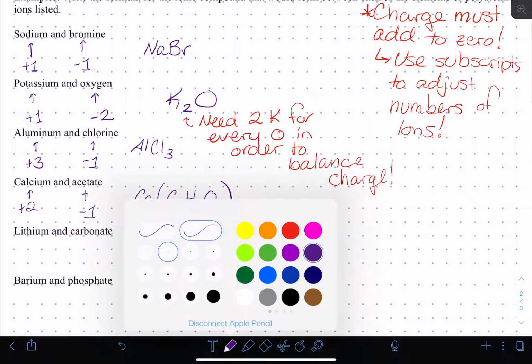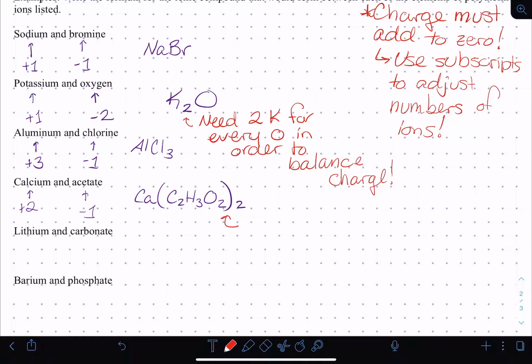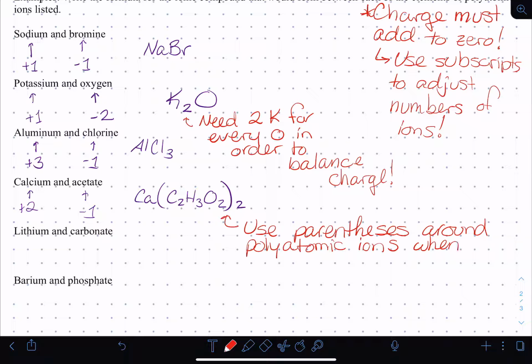So we use parentheses around polyatomic ions when we have more than 1 in the formula. If there's only 1, you don't need parentheses, but if you need a subscript after, you need the parentheses to be there. So in this case, the 2